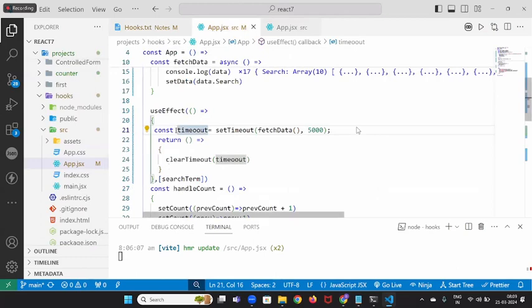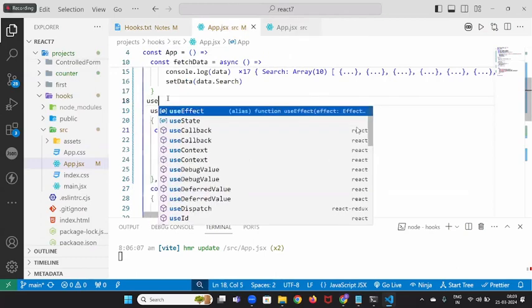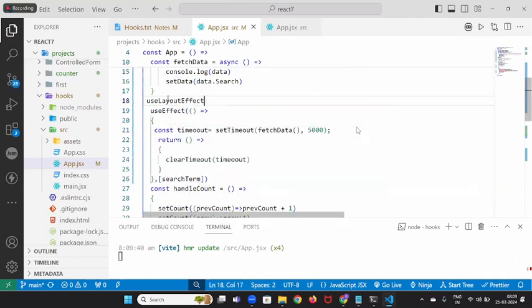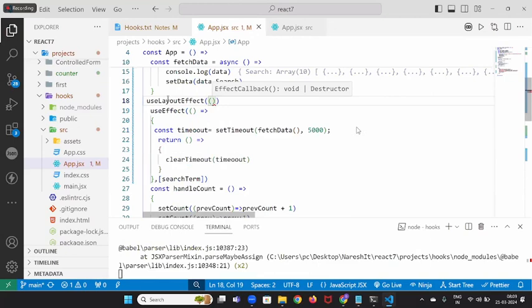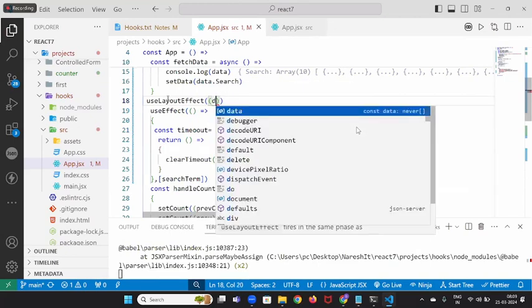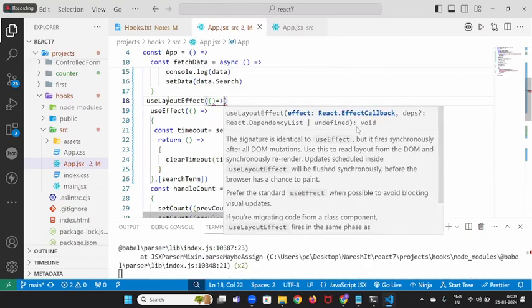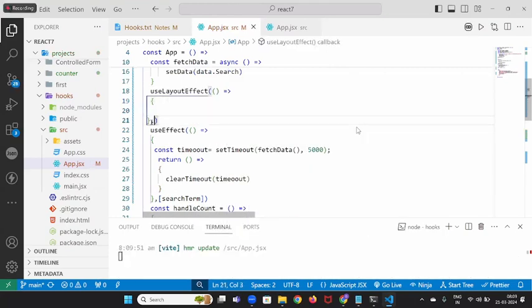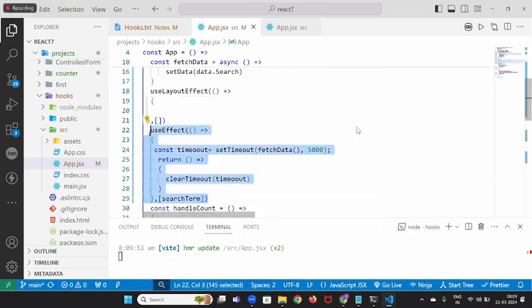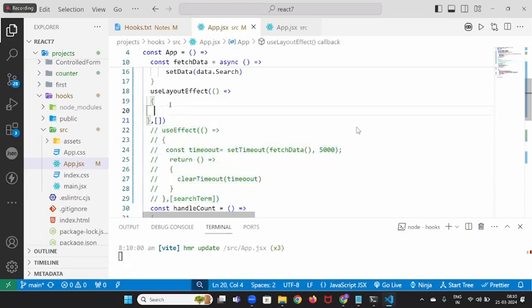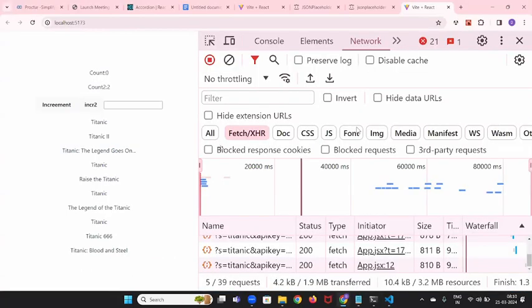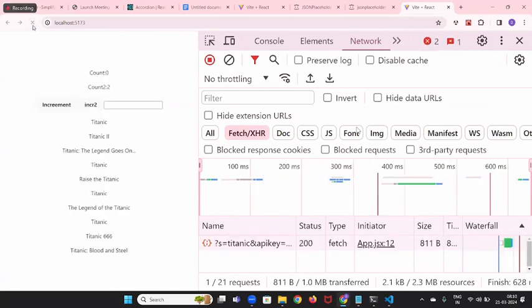If I do, where is this? useLayoutEffect. Except for that, the logic is everything the same. If I write useLayoutEffect, and inside the useLayoutEffect, if I write here, comma, now I'm just going to comment it out here, Ctrl K C. Now here, if I do fetch data, now go here and see this one. If I'm refreshing, now sir,